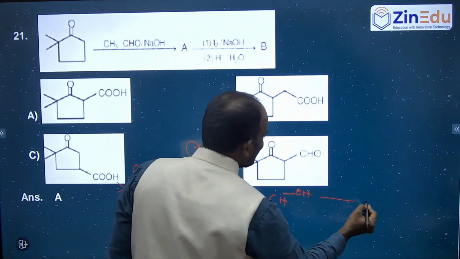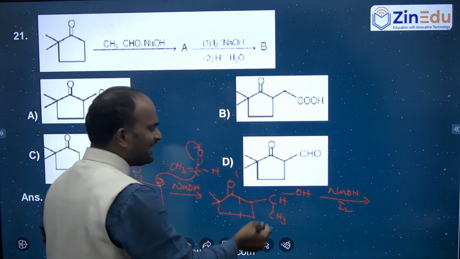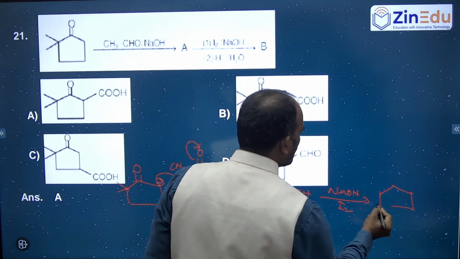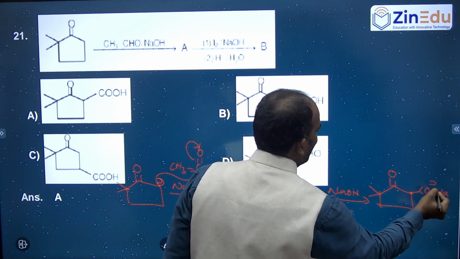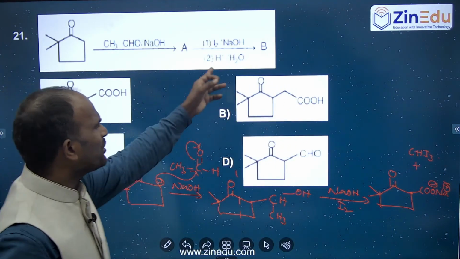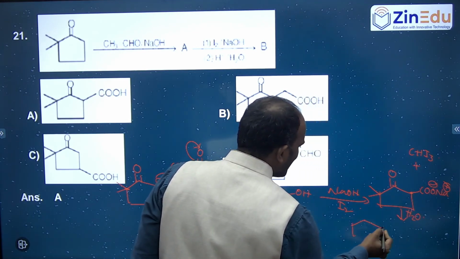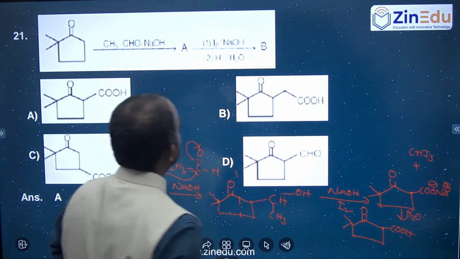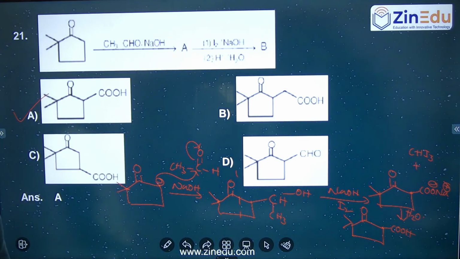Now you are doing the haloform reaction, that is reacting with NaOH along with I2. Yes, definitely it can undergo the haloform reaction, and it is going to produce the compound with double bond O, COONa, that is COO minus Na plus, along with the CH3. But now they have given excess hydrolysis also. When it undergoes hydrolysis, it gives a carboxylic acid, COOH, such that the compound is going to be option A. Option A will be the answer, right?